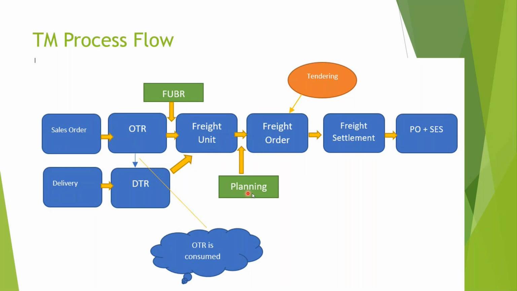So when you do planning, what you normally do is check all the freight units, whether the freight unit is shipping out from the New York plant and shipping out to a specific destination location. If it is falling under that particular region, then that freight unit will automatically be picked up for planning. In that planning, you will have different types of planning